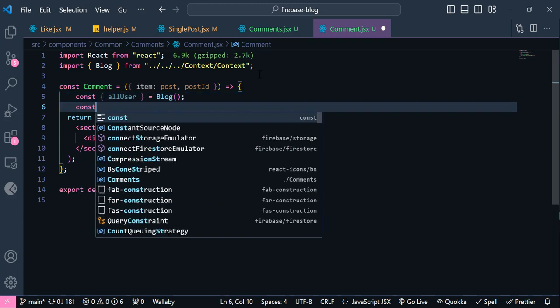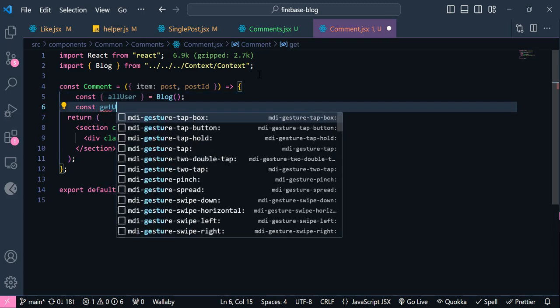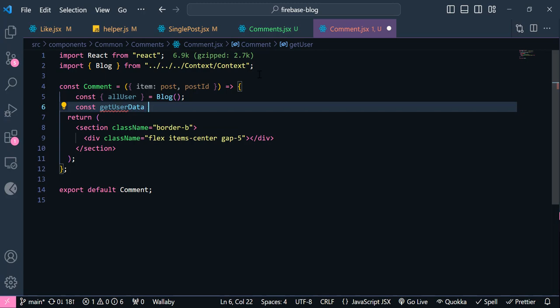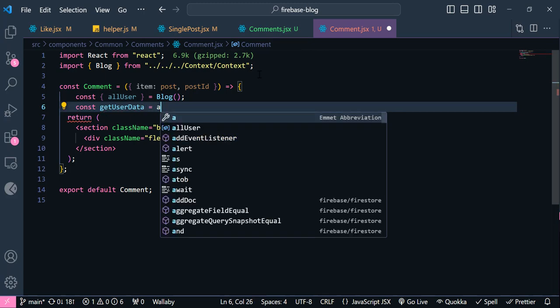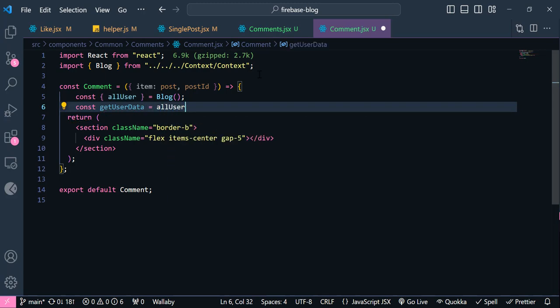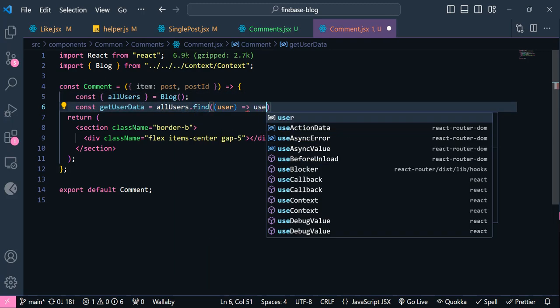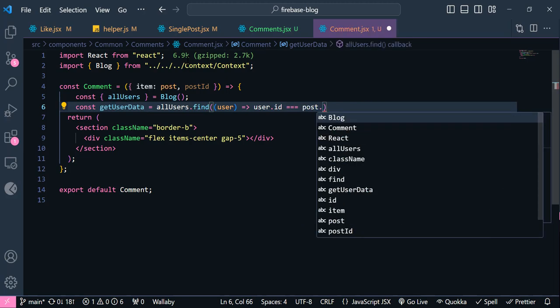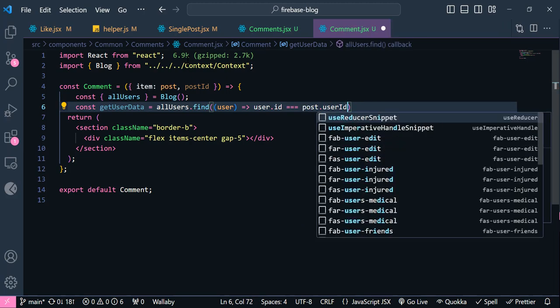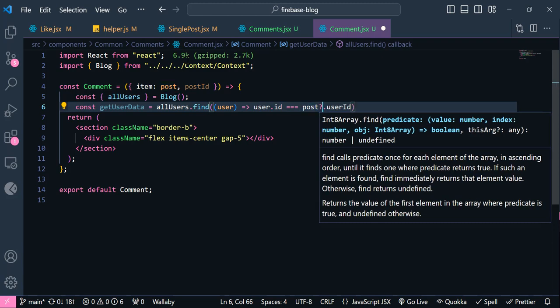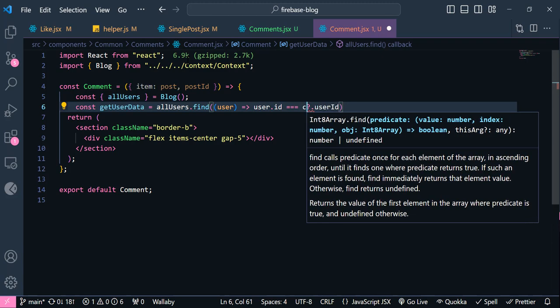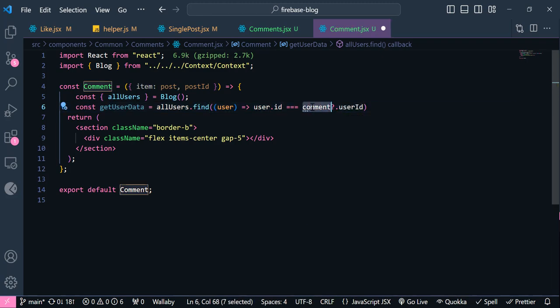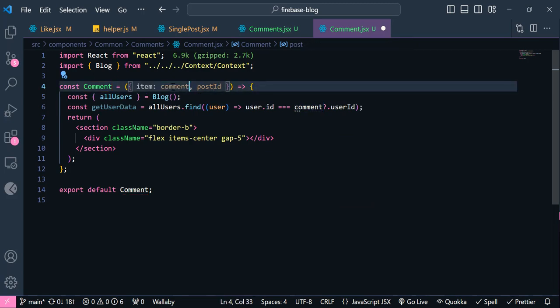Okay, so in here I'm going to say get user data, and it's going to be equal to this all users. It should be users.find, and user.id is equal to this post.user id, and it's not post but it should be comment. Okay, I am going to rename it here,